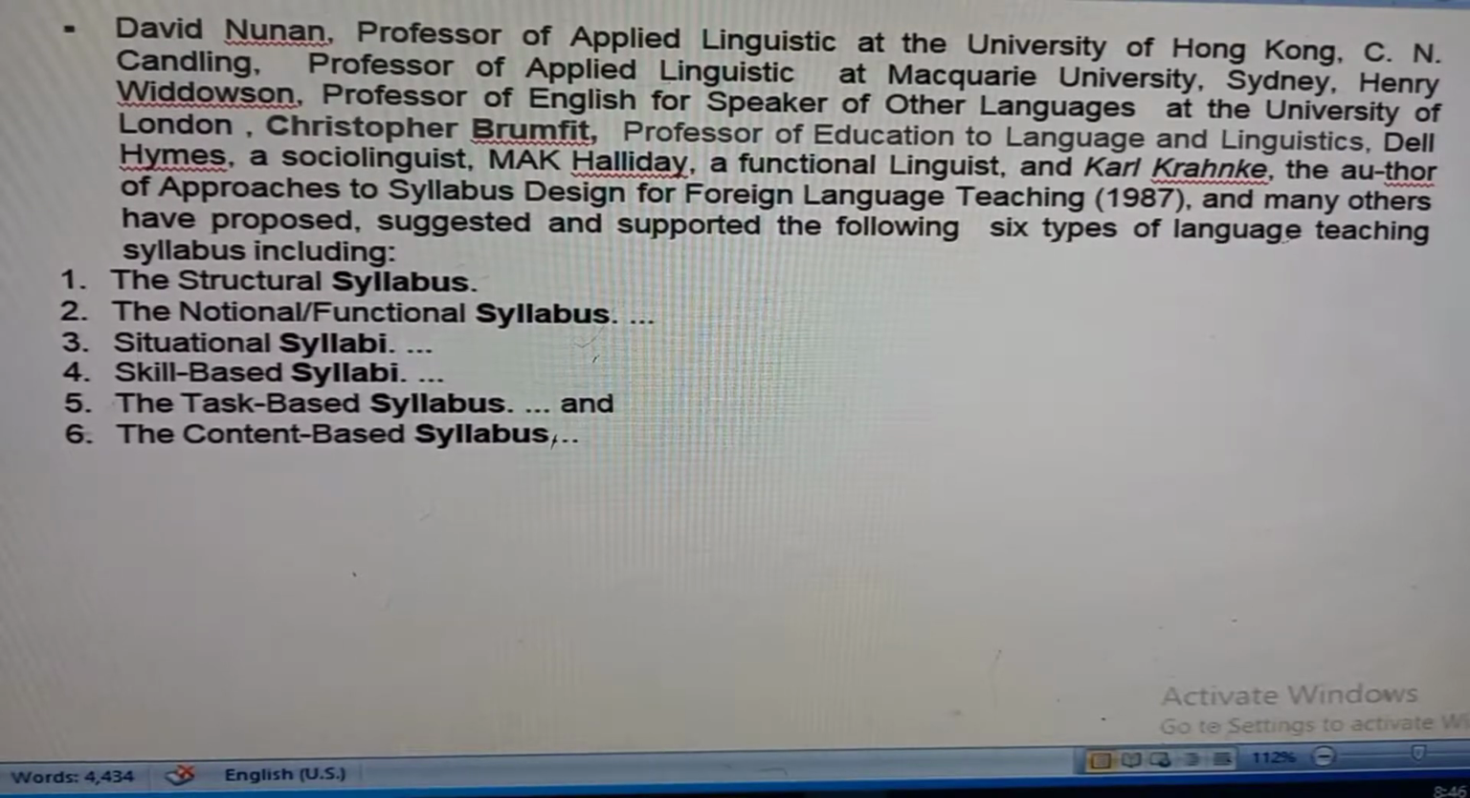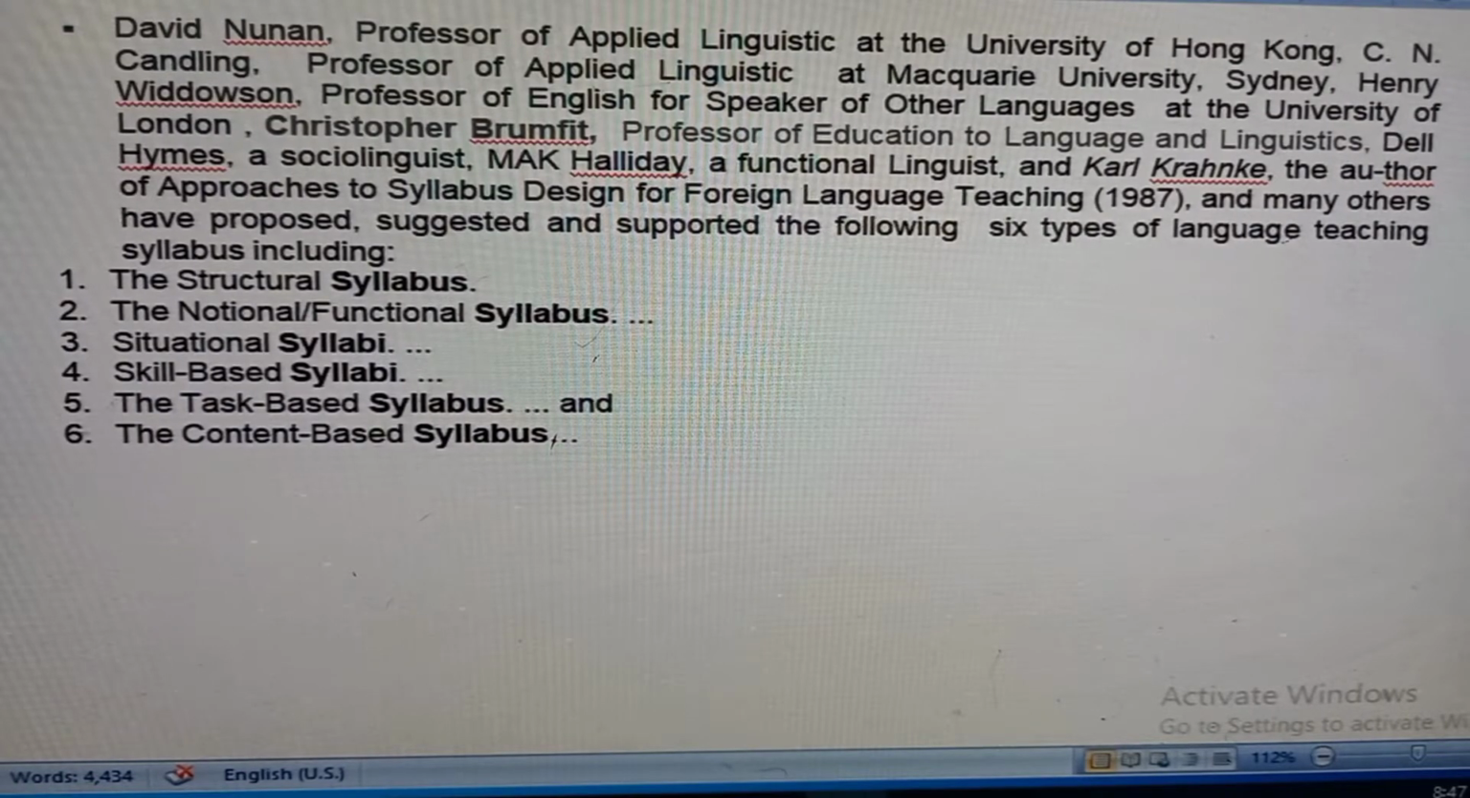David Nunan, Professor of Applied Linguistics at the University of Hong Kong; Christopher Candlin, Professor of Applied Linguistics at Macquarie University, Sydney; Henry Widdowson, Professor of English for Speakers of Other Languages at the University of London; Christopher Brumfit, Professor of Education in Language and Linguistics; Dell Hymes, a sociolinguist; Michael Halliday, a functional linguist; and Karl Krahnke, the author of Approaches to Syllabus Design for Foreign Language Teaching, 1987, and many others have proposed, suggested, and supported the following six types of language teaching syllabus,